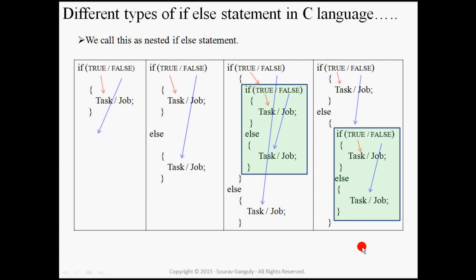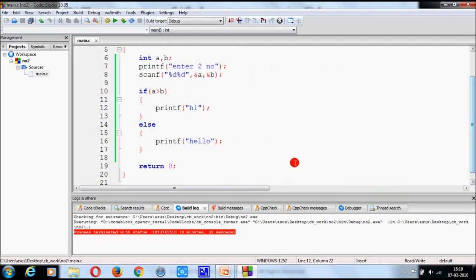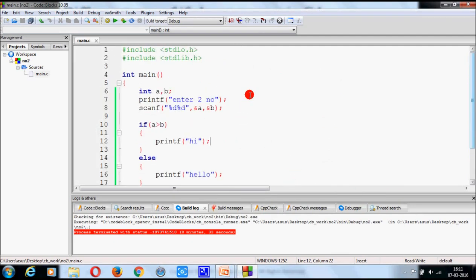Now let's check an example. Suppose we want to check three numbers.